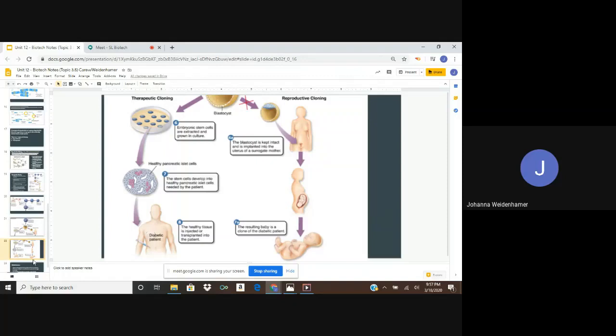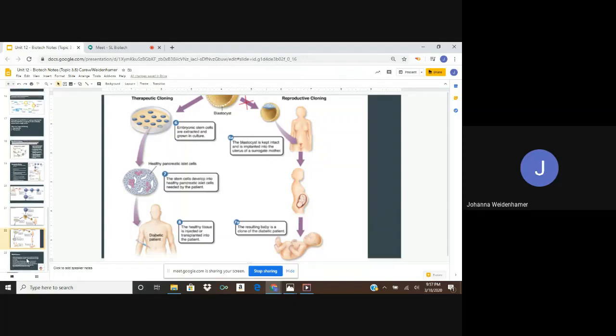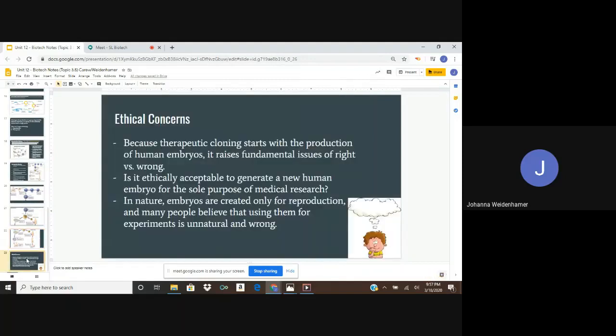Which will be helpful for them. So we took a look at therapeutic cloning, but therapeutic cloning has some ethical concerns behind it. So let's take a look at what these ethical concerns are. Because therapeutic cloning starts with the production of a human embryo, it raises fundamental issues of right versus wrong. So the question is, is it really ethically acceptable to generate a new human embryo for the sole purpose of medical research? In nature, embryos are created only for reproduction, and many people believe that using them for experiments is unnatural